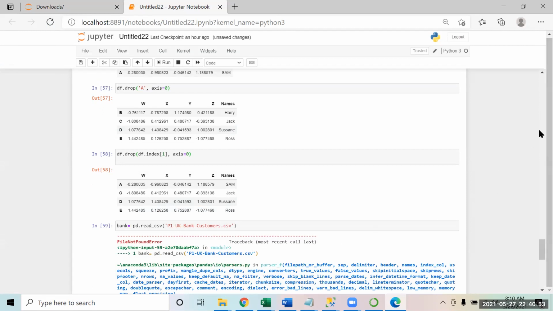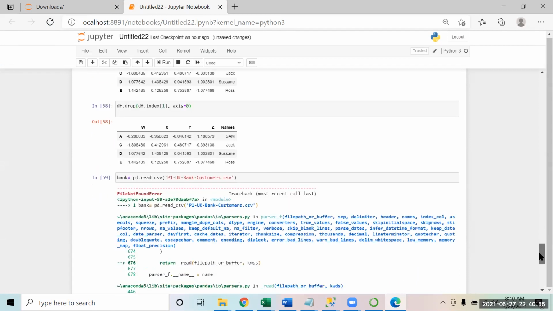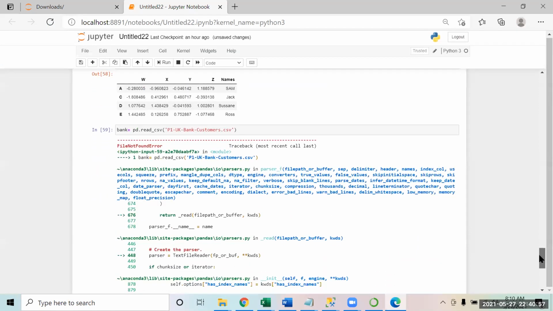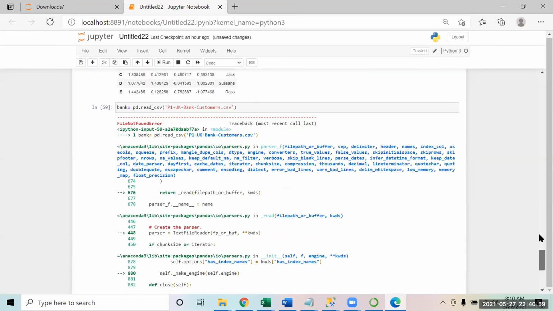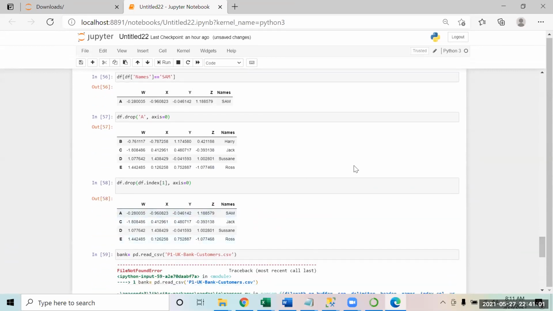Which folder is it looking for? Let's do one thing. Let's do the complete path.